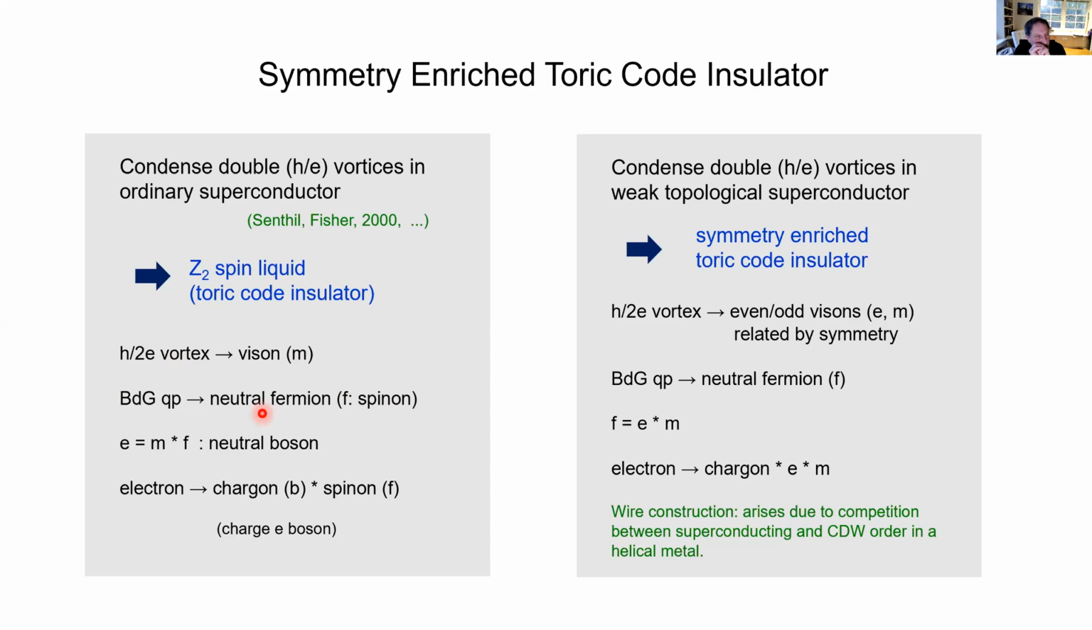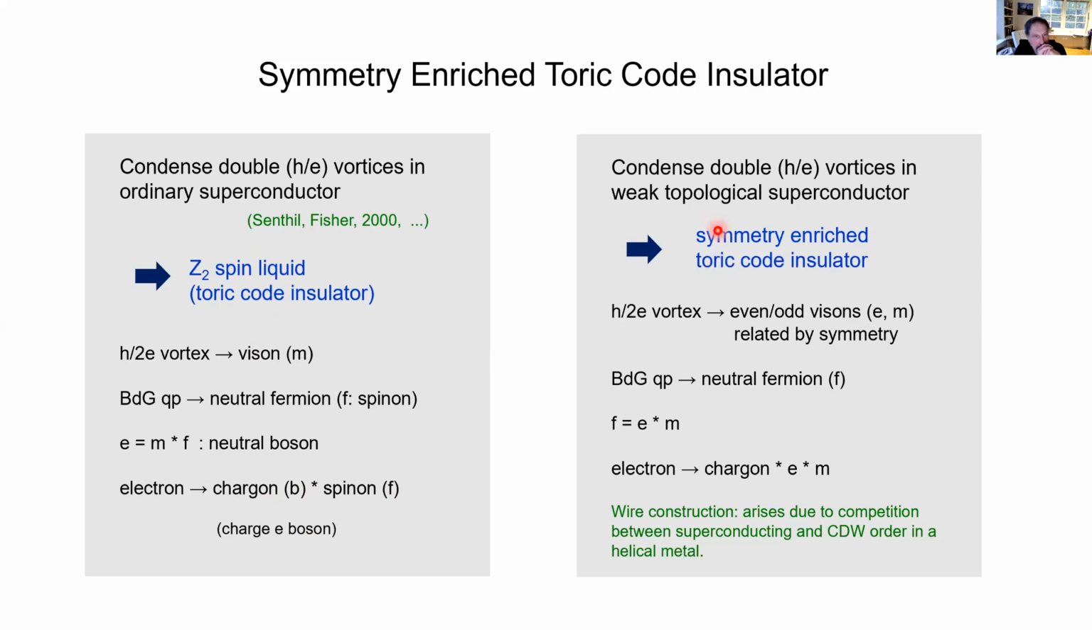And then if I combine the two together, the boson and the spinon, I create a neutral boson, which is the E particle of the toric code. Okay, and so this Z2 spin liquid is a toric code, but there's also a charged particle as well. The electron fractionalizes into a charged boson and a spinon, and these are glued together by a Z2 gauge field whose flux is the boson. Okay, so the same thing